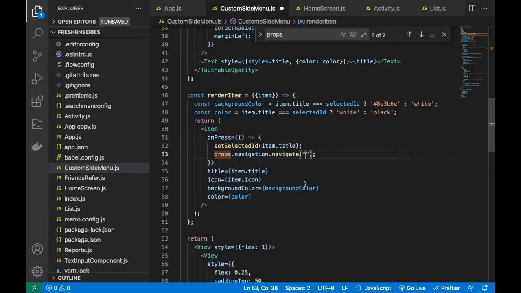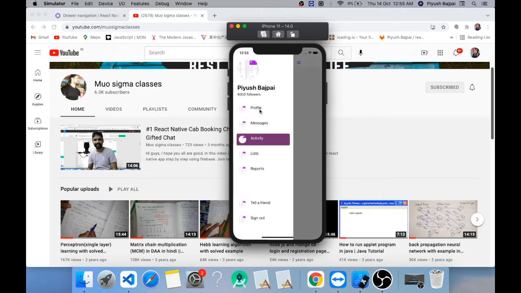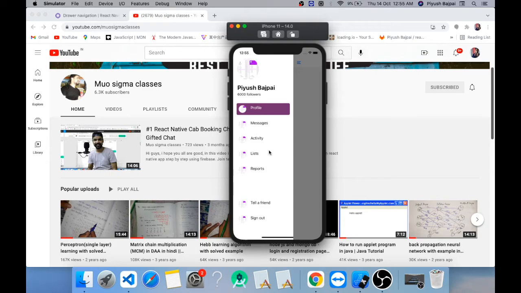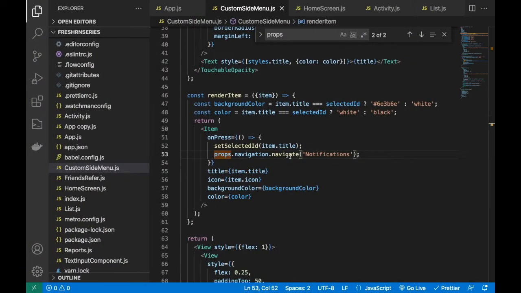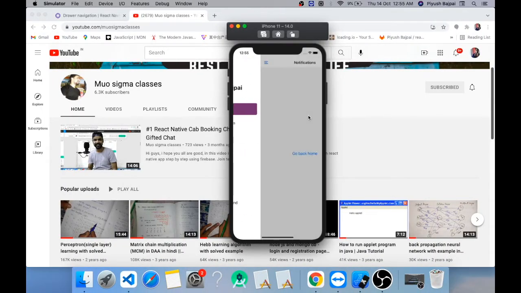So going to the custom side menu and passing this notification component, ideally it will take you to the notification component with the notification header as well. Going here, if you click on this profile, it should take you to the notification page, and it is taking you. But for every item you have a single onPress callback, and you are performing the same thing, so every time it will take you to the notification page.